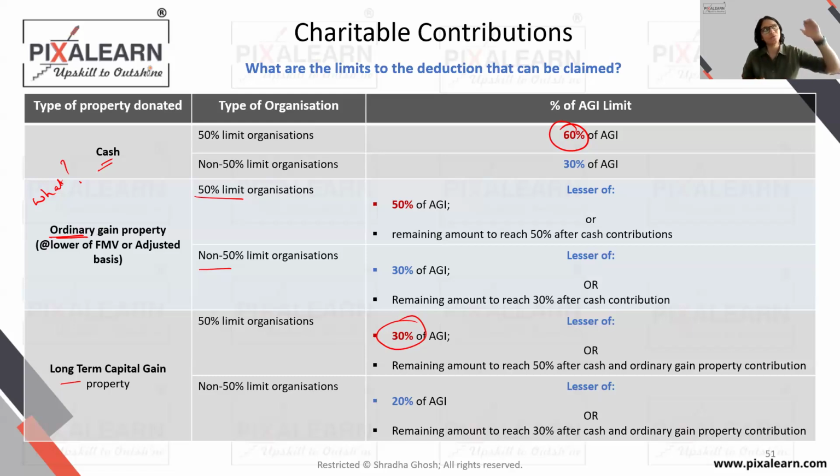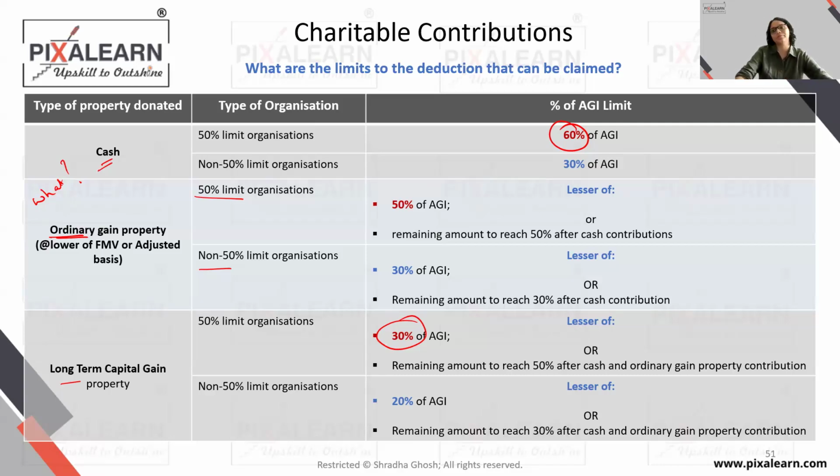So we did questions on this. If you remember, we had the graded weighted. First cash, then ordinary gain, then LTCG property, and then for all the two things, whichever is a lower, we want to take it. So there were a lot of questions that we did in different scenarios, scenario 1, scenario 2, scenario 3, and then the mix. All of that you will have to bridge up, keep it on your fingertips, and revise it